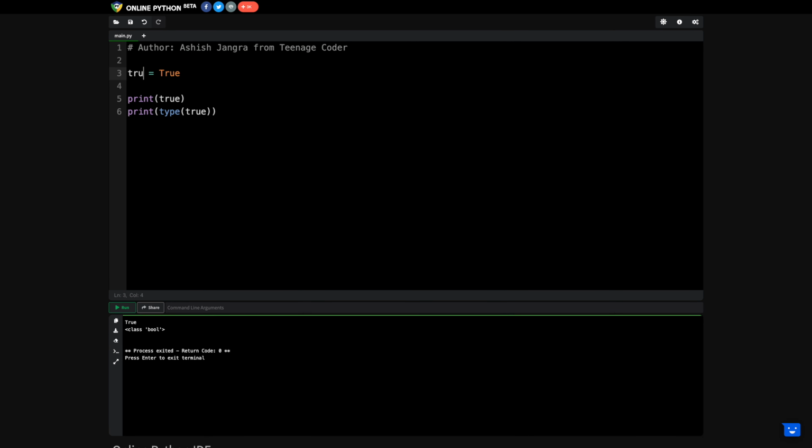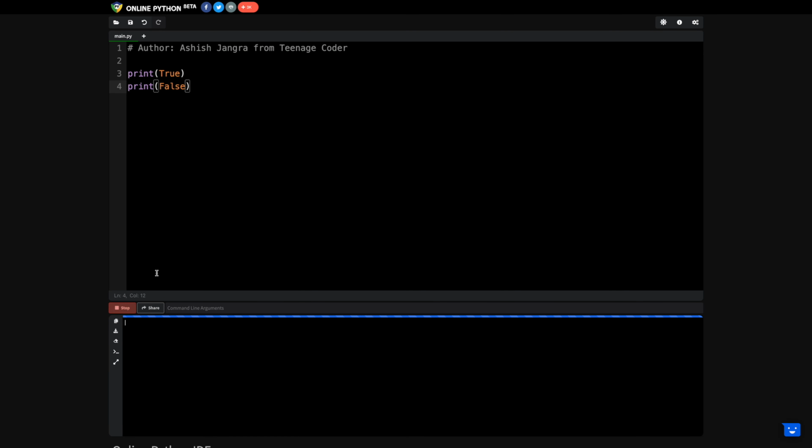Similarly, you can also have something called False as well, right? Because in boolean we are having either one of two values, either it is True or it is False. And now if you execute this as well, here you can see this is also of type boolean. Rest of the values are not booleans, either it is True or it is False. Clear? Now what we can do, you can just print True, and let's print False, right? So here you can see one is True, second is False.